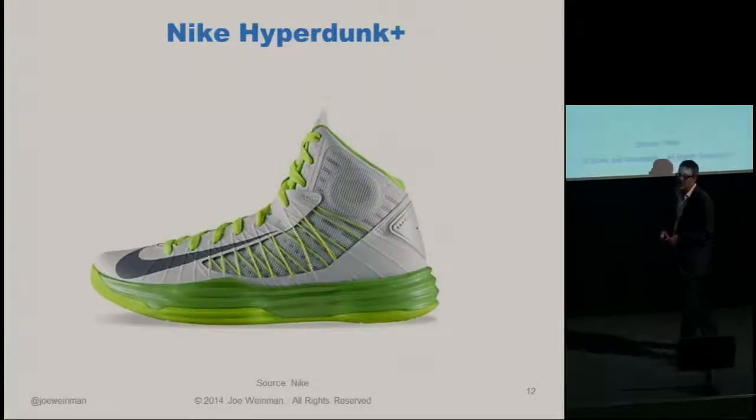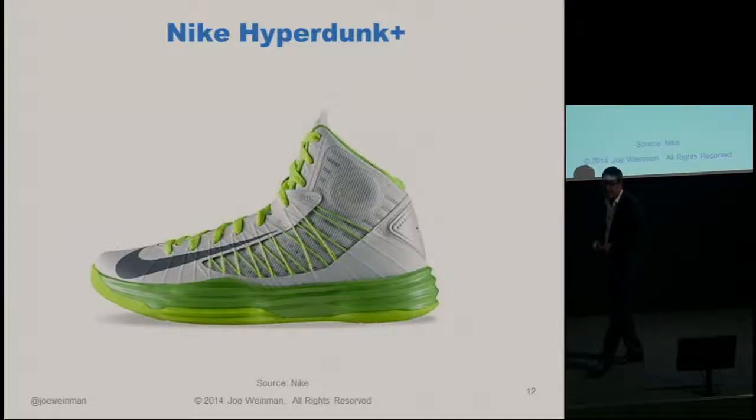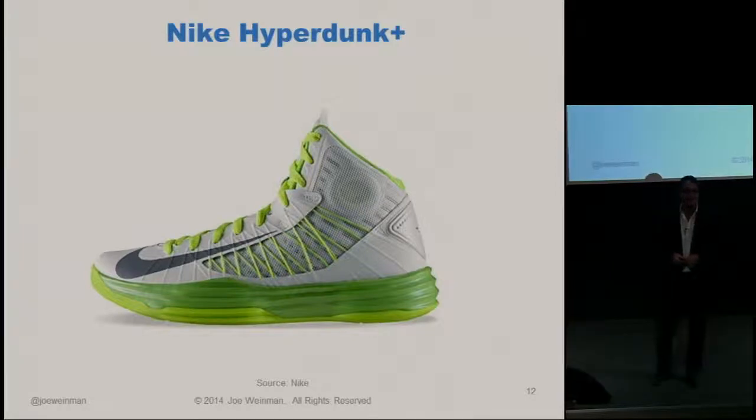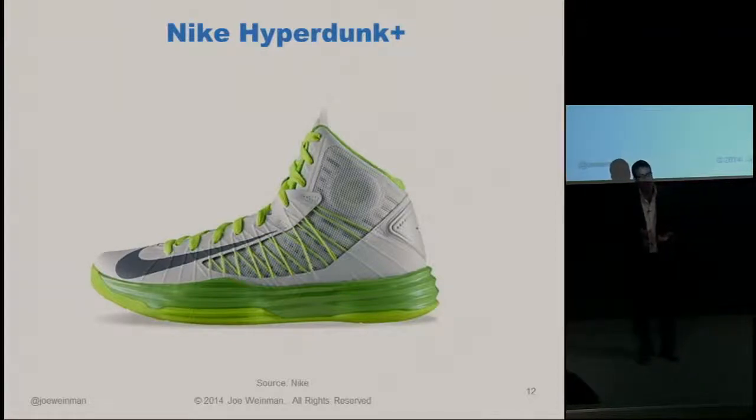The next sneaker is the Hyperdunk Plus. This looks like a sneaker, but it's not. It's got 3 pressure sensors in it. Those pressure sensors link across a network to deliver both Nike fuel points and a lot of detailed data on every single pressure change in the shoe. So if you're sprinting sideways doing basketball or jumping, you can get data on your G-force, the height of your jump, and you can actually take a video, or somebody can take a video of you playing basketball.